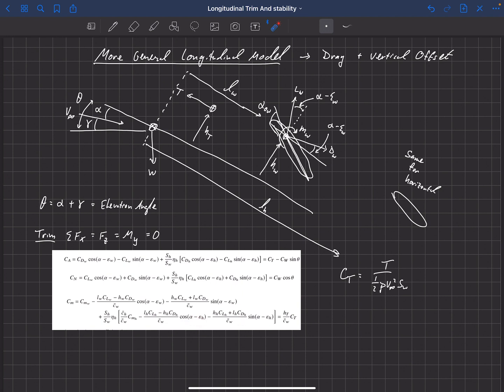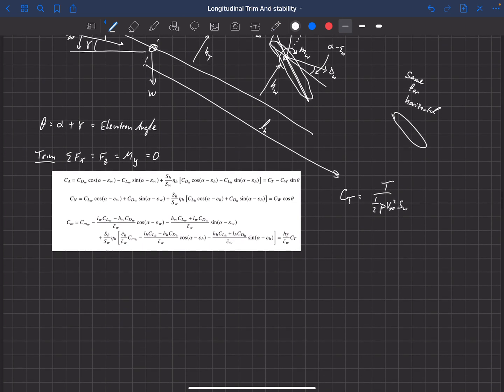So you can work through this. I mean, it's all just straight up statics. We're just summing forces and moments about the center of gravity, and we're accounting for the forces and moments from the thrust, as well as the main wing and the horizontal stabilizer. And you can see that the pitching moment includes the pitching moment from the thrust. There's a vertical offset of the thrust there. Okay, so in general,